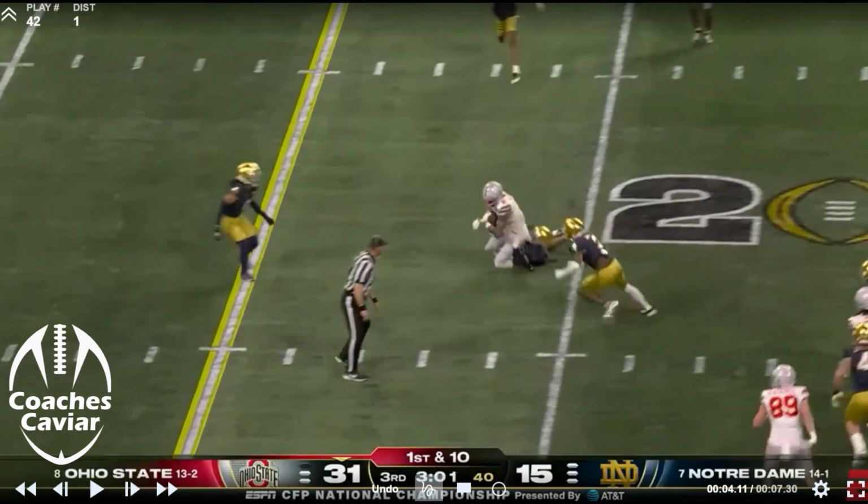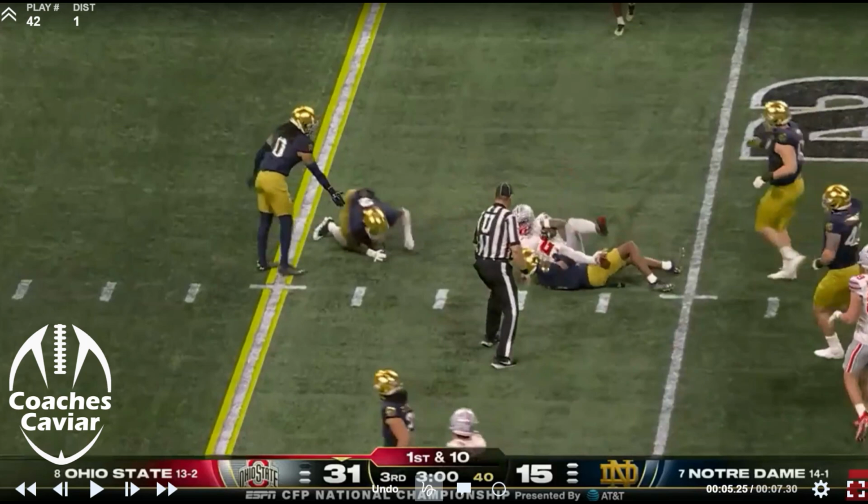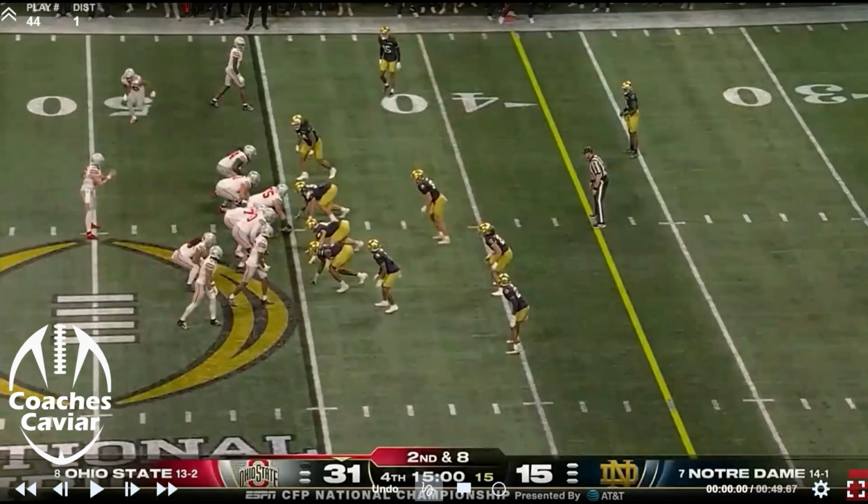You get 6-7 yards on the 1st and 10. That's a huge play. It sets you up really well to get a first down. Roll the clock there for Chip Kelly and Ohio State. Right at the beginning of the 4th quarter, of course, Marcus Freeman was on TV and he's like, man,